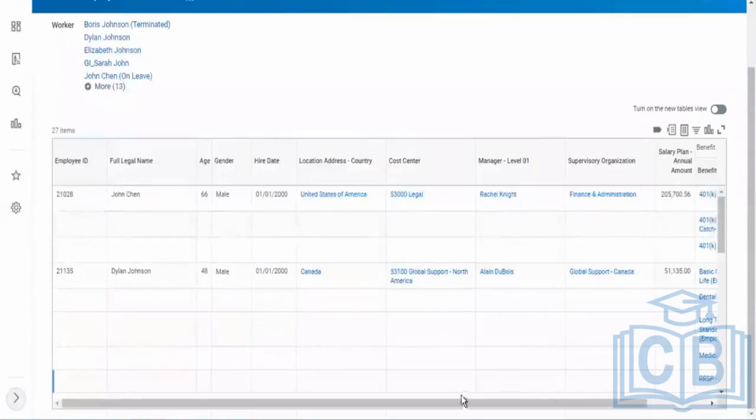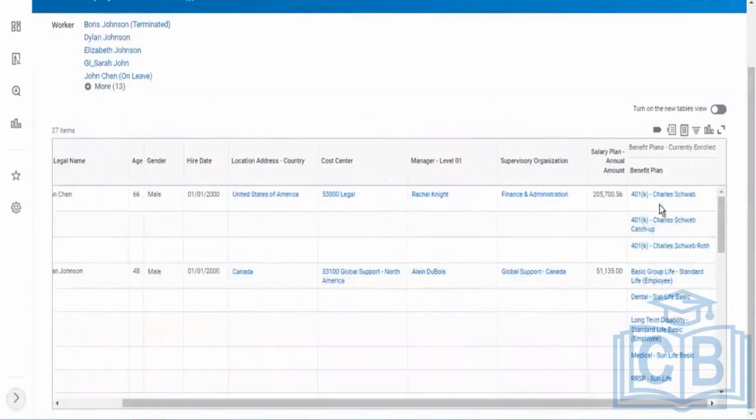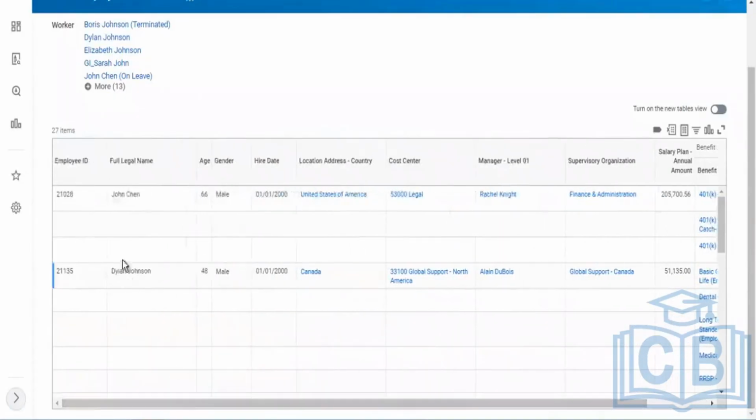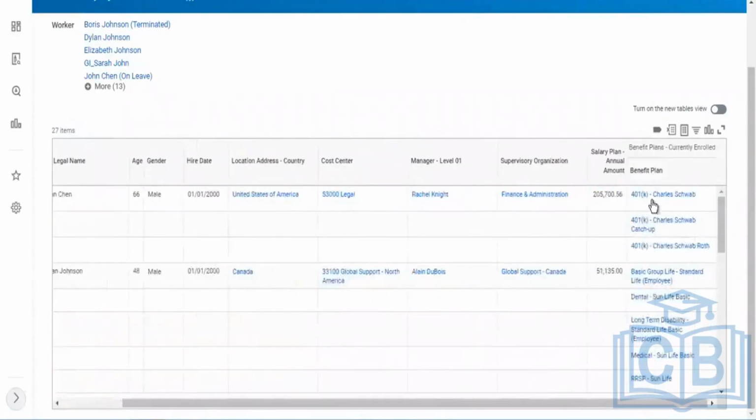Here we got those three plans in separate rows. Now when I extract this, you'll see three rows for this employee with three benefit plans. Earlier when we used multi-instance, we got all three plans in a single column. Now when we've used single instance, we got all three plans in separate rows.